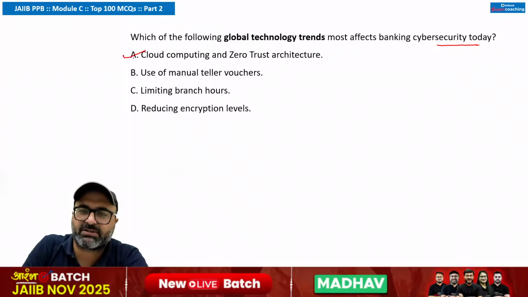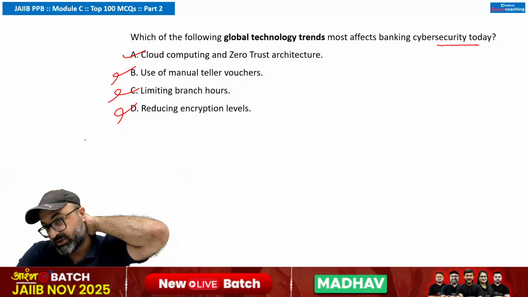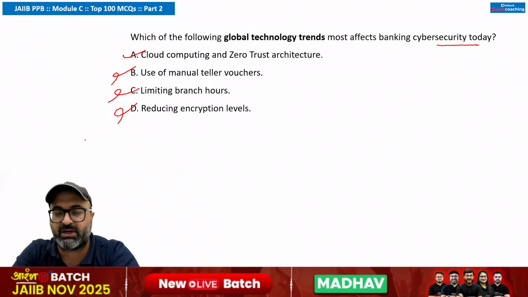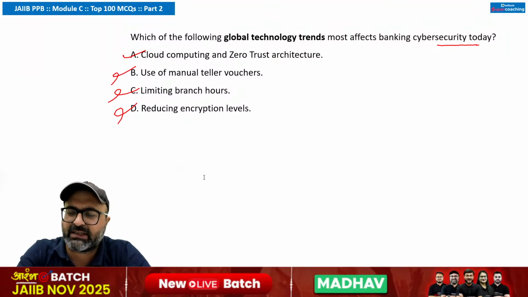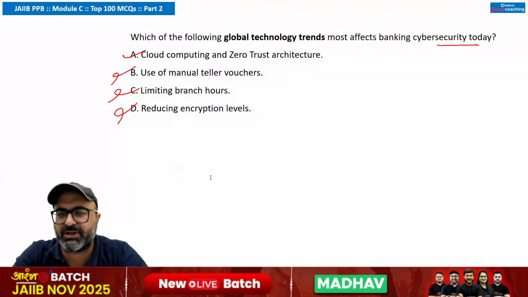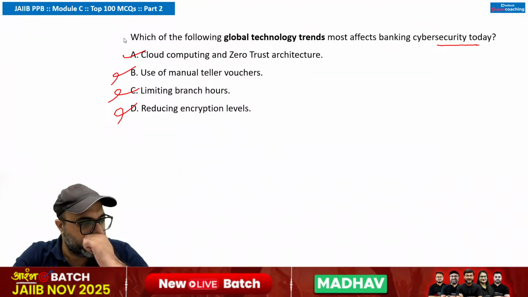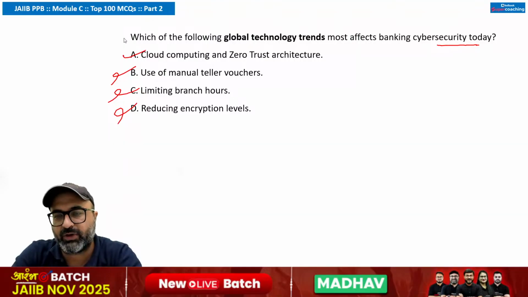बिल्कुल सर इसी की वजह से. यूज ऑफ मैनुअल तो बिल्कुल नहीं. लिमिटिंग ब्रांच आज नो. रिड्यूसिंग इनक्रप्शन लेवल्स नो. तो ये जो हो रहा है दैट इज बिकॉज ऑफ क्लाउड कंप्यूटिंग एंड जीरो ट्रस्ट आर्किटेक्चर, जिसकी वजह से कहीं ना कहीं वी आर फीलिंग दैट हीट ऑफ साइबर सिक्योरिटी इश्यूज not only in India but on the global level. So that is the reason behind the same. Moving on to the next question,